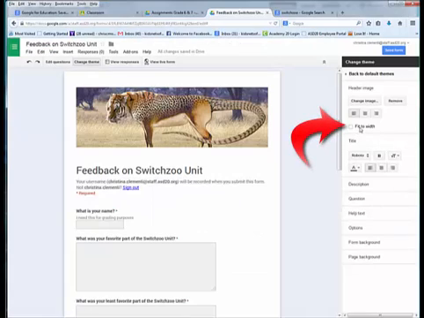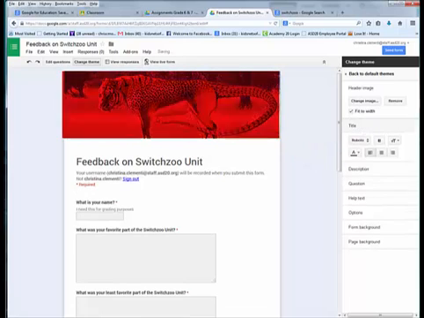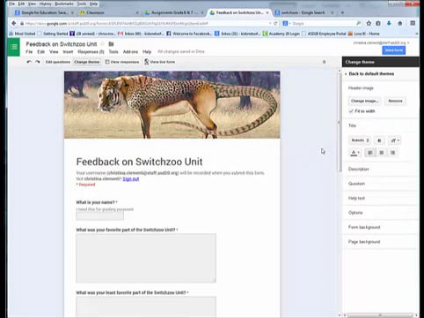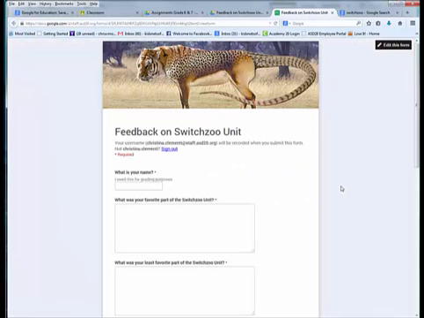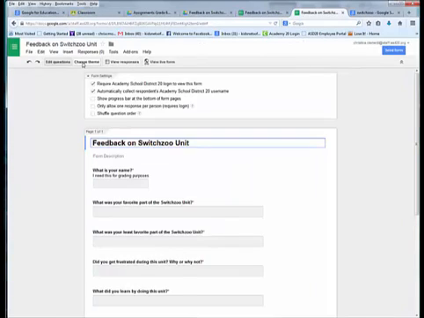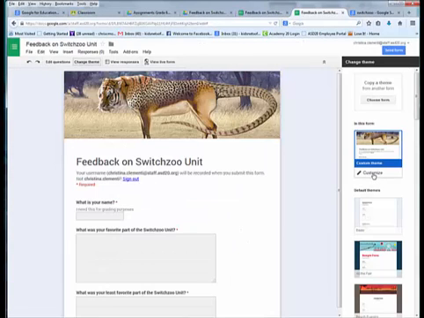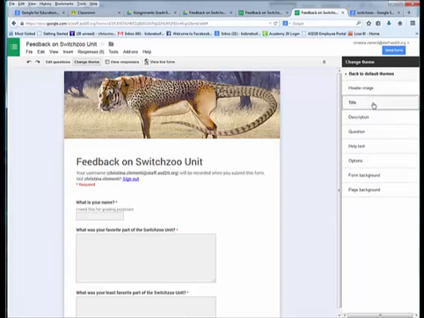Now what you could do is choose Fit to Width, so it takes up the entire width. I personally like that better. So I will choose View Live Form so you can see what that looks like. I will then go back to edit this form. I will choose Change Theme again, and with the Customize option, I will start playing around with